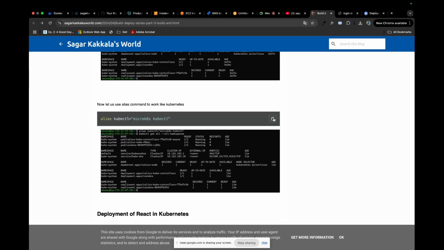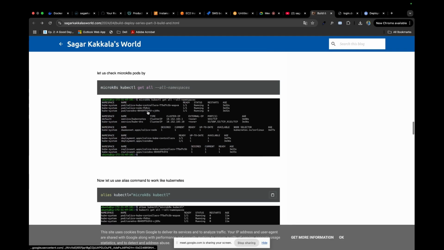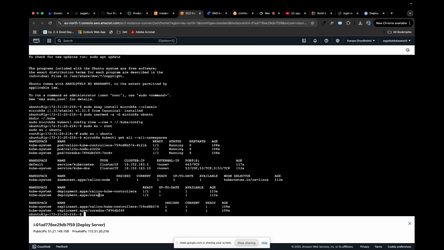Sagar, in that case the application will not go down, right, those pods? No, no, it will not go down. Yes, fine. Let's say one more thing: since we installed micro K8s, everything you had to attach the command micro K8s before as a prefix. Let's say you want to check how many pods are there, how many namespaces are there. So everything is